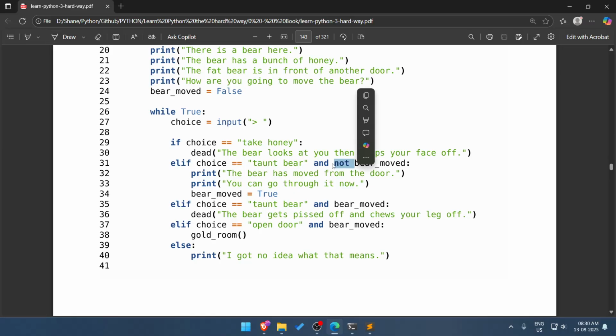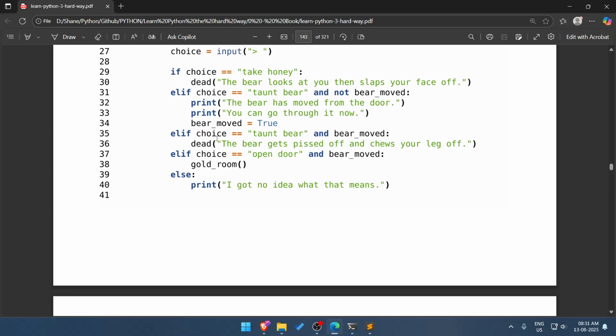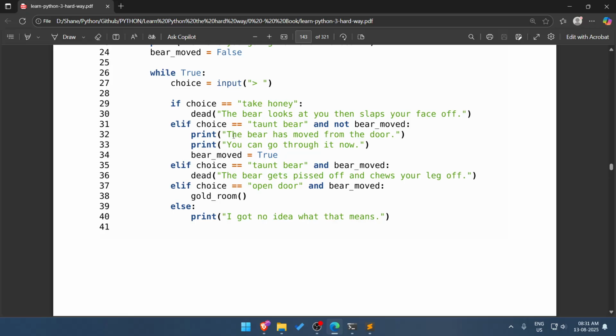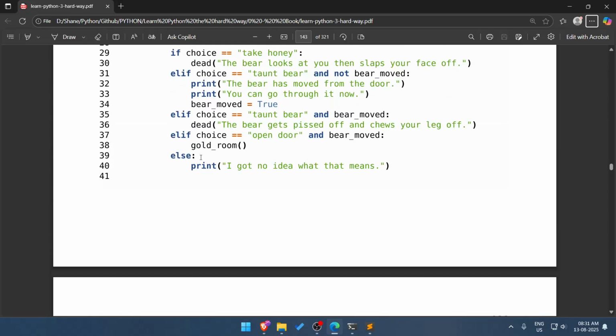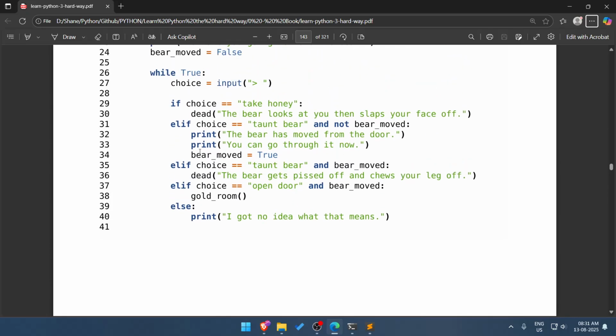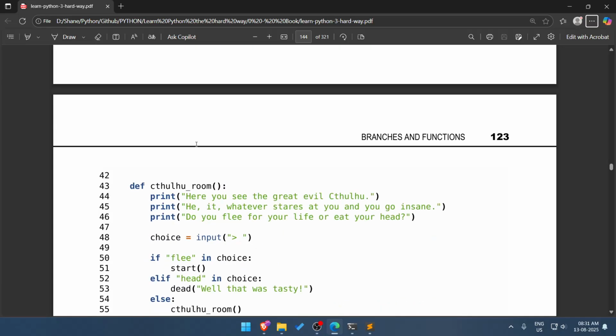Okay, so we have an elif: choice equals taunt bear and not bear moved. Then the bear has moved from the door, you can get through. Bear moved equals true, so we can't taunt the bear twice. Then choice open door and bear moved, then we go to the next room.